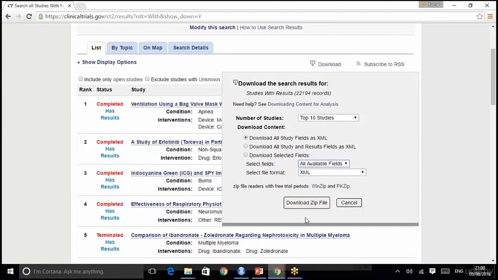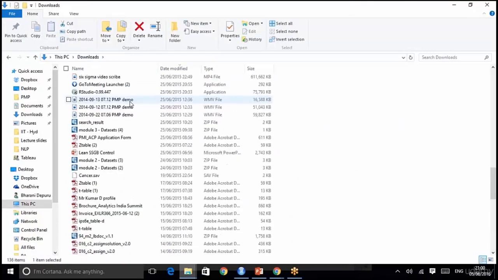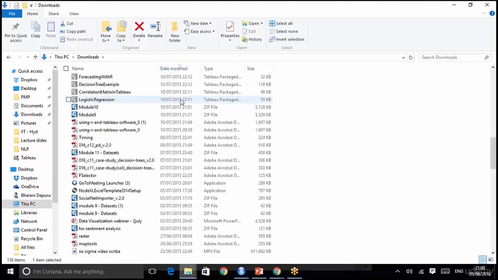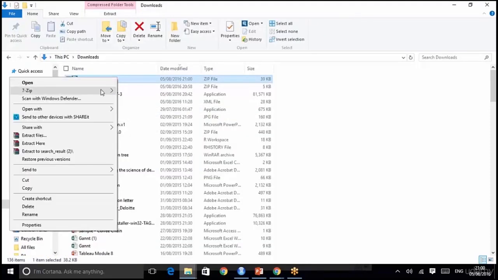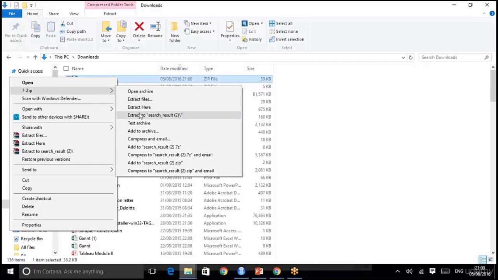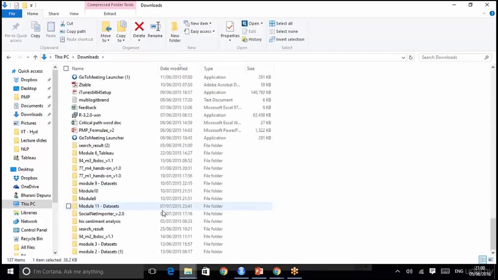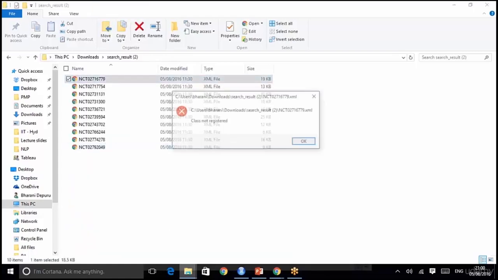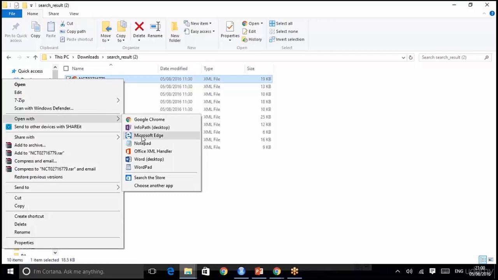I think these values will not influence, but I'm trying to download once again. All right, here we go. Let me unzip that. Hopefully I'll be able to open that. Not sure why. Let us try